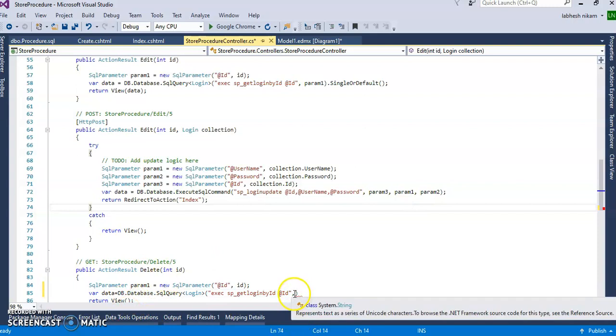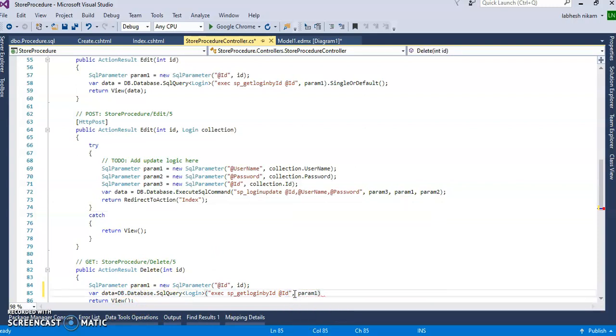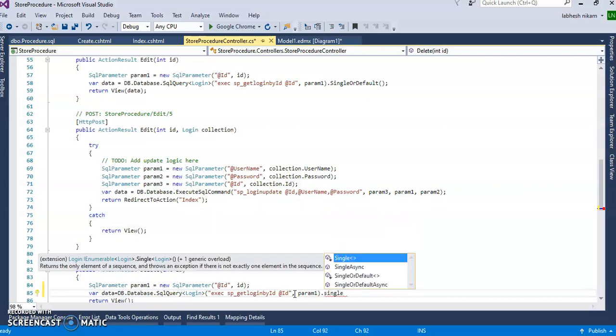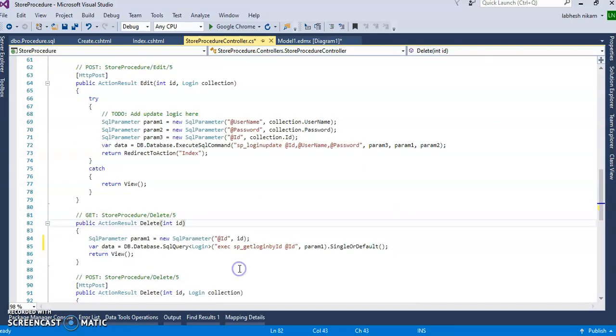So pass that param1 object here, and we need only a single row record. So single or default, this option we will take, right? So now we will return this data, so we can see a particular row's data here. Let's run this and check, can we get the data of the particular row.